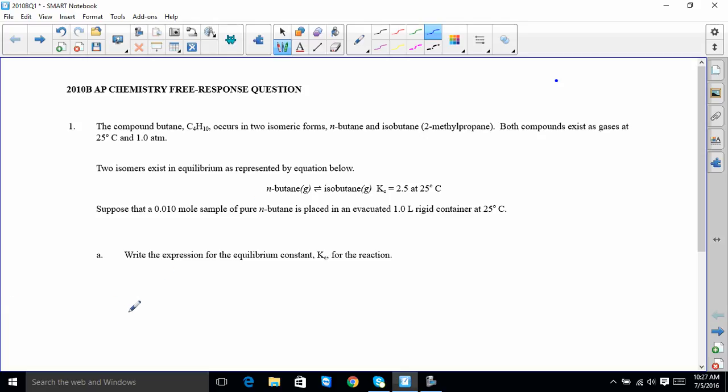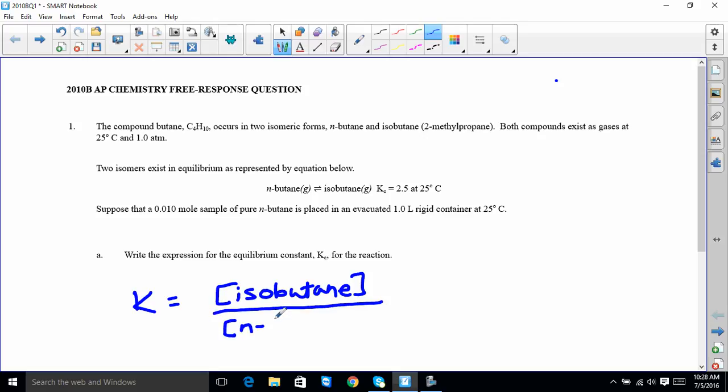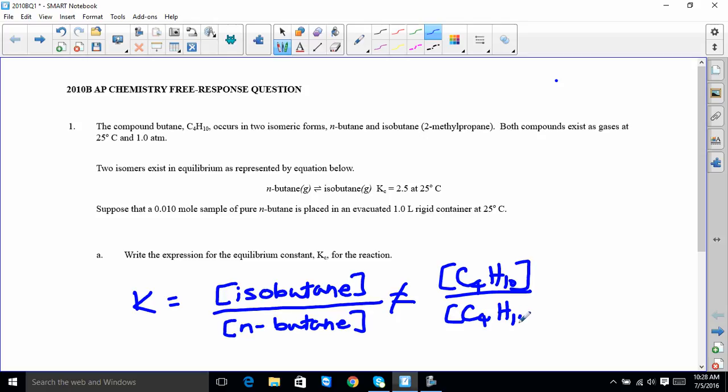This is actually a very easy problem because K is the concentration of the isobutane over the concentration of the n-butane. Both of them are C4H10, so we just have to write out the words. This is a very easy problem because everything's to the first power. We wouldn't want to do something like the concentration of the C4H10 over the concentration of the C4H10, because what isomers are is they have the